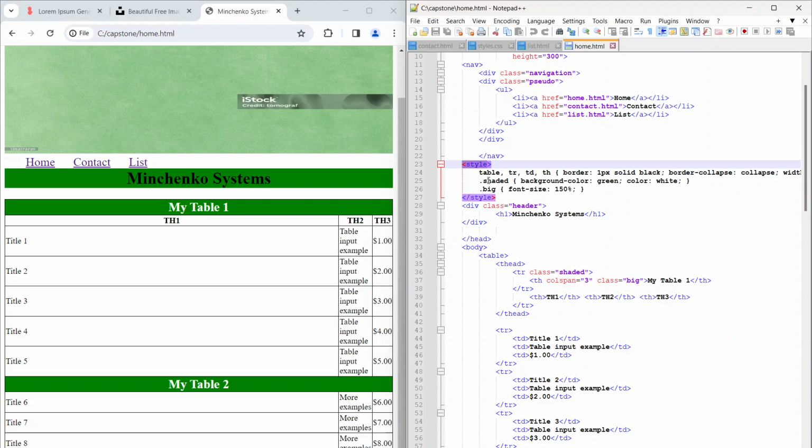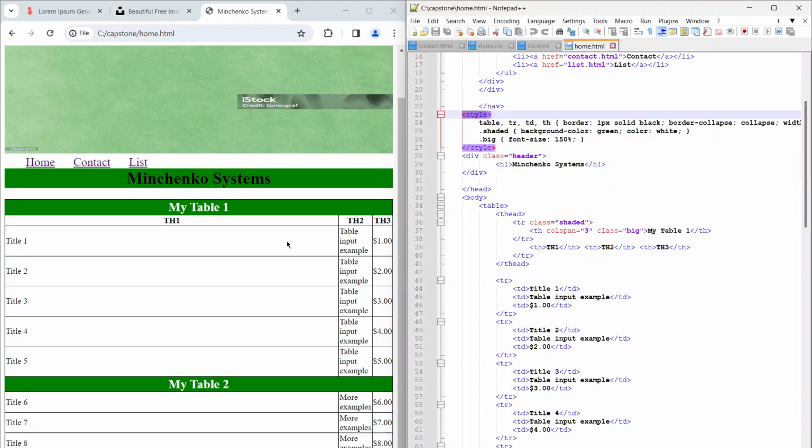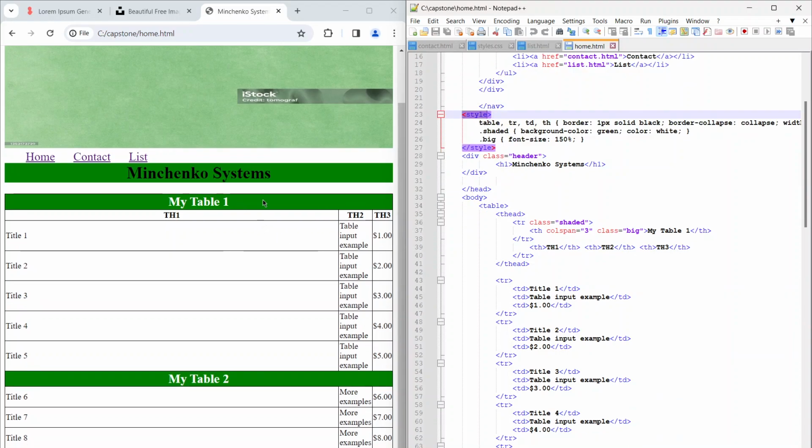We want the class shaded, background color green, white, class big, font size 150%. That's going to be the end of our style element, which is essentially how